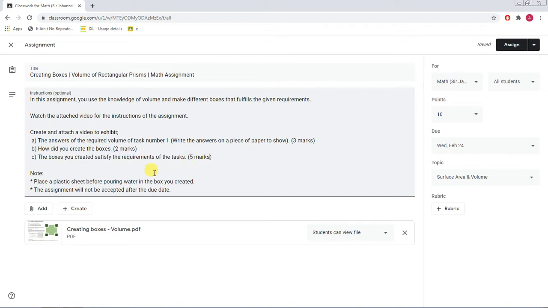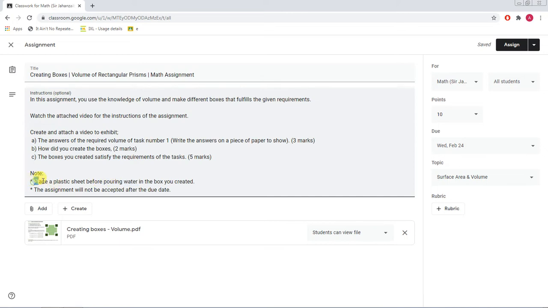In this assignment you will have to submit a video of yourself with your created box. Notes are very important. While showing that your box satisfies the given requirement, you have to pour water in it. You will be filling those boxes with water. Because you will be making boxes using card sheet or cardboard, it will be difficult to pour water in it.